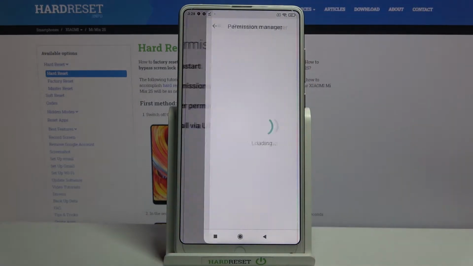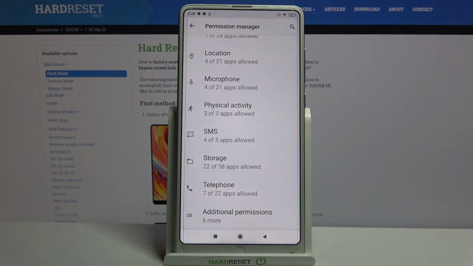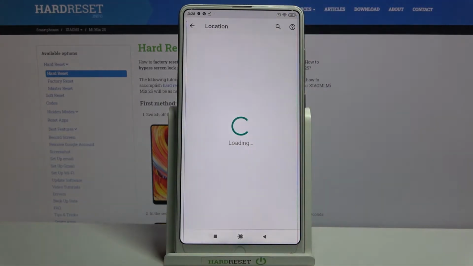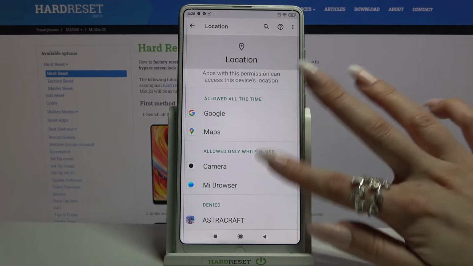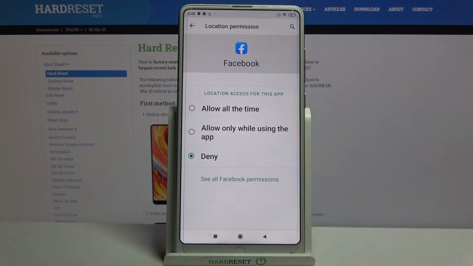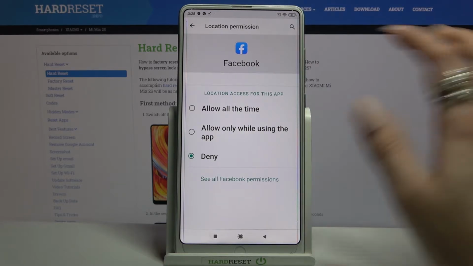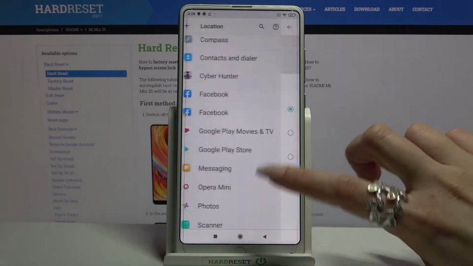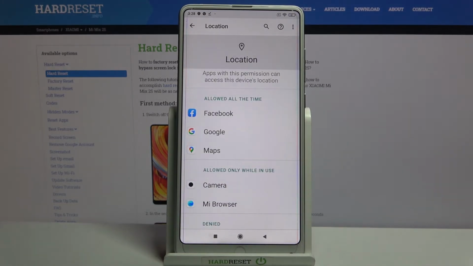Now Permissions again, and over here you can pick one of the options like Location. Then select an app. I will go with Facebook, so I have to click on it and pick one of the options: allow all the time, allow only while using the app, or deny. I will go with allow all the time, so when I go back, I can see that Facebook gained access